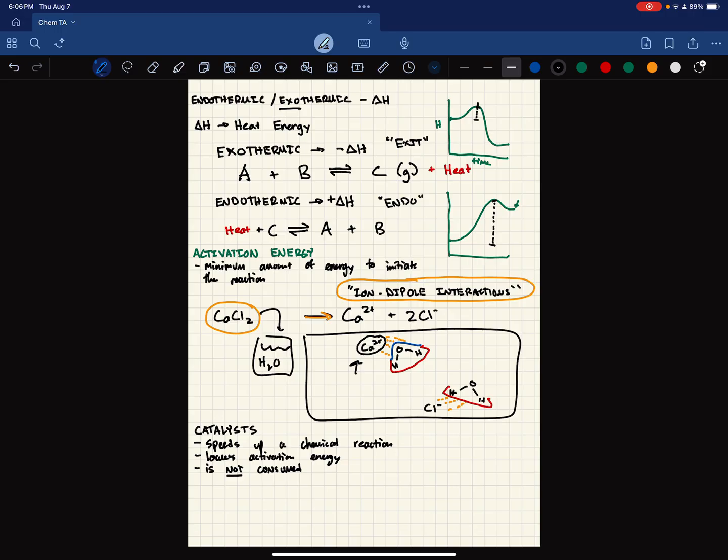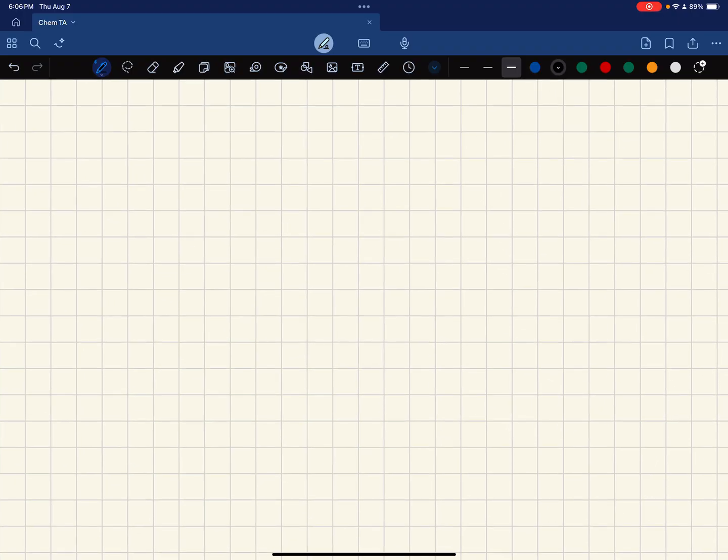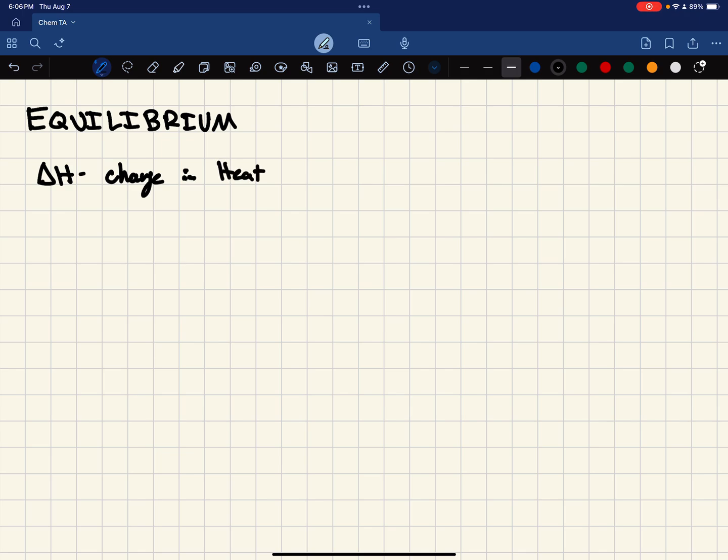After this, we get into Gibbs free energy. This isn't something we go super in depth into, but the really important thing is that it can help us understand equilibrium. So I'm just going to put equilibrium up here because that's what this whole topic is. But delta G, or our change in Gibbs free energy, can help us understand. So just to differentiate, delta H is our change in heat energy, right? And delta G